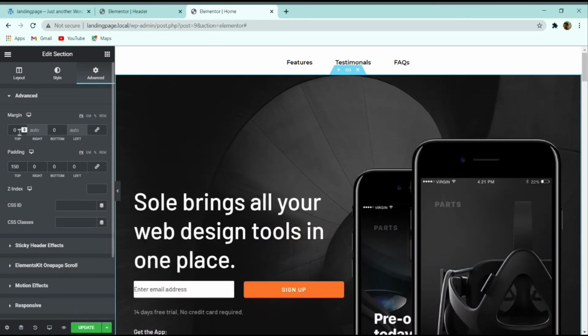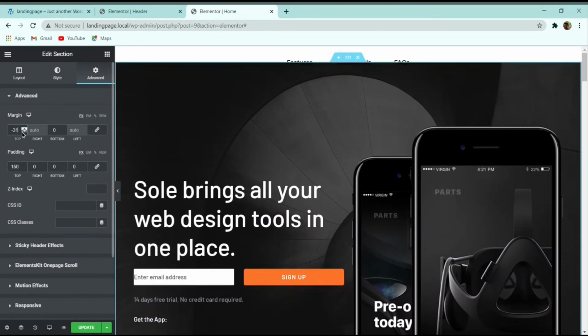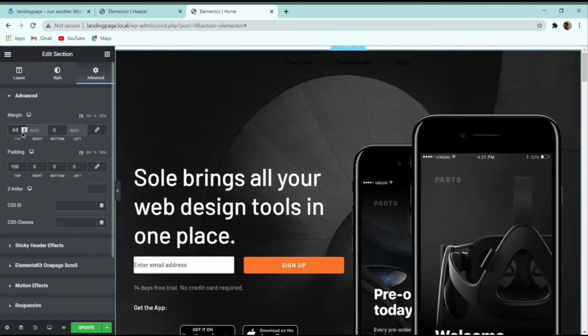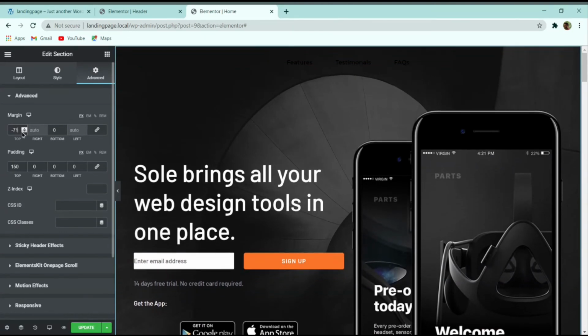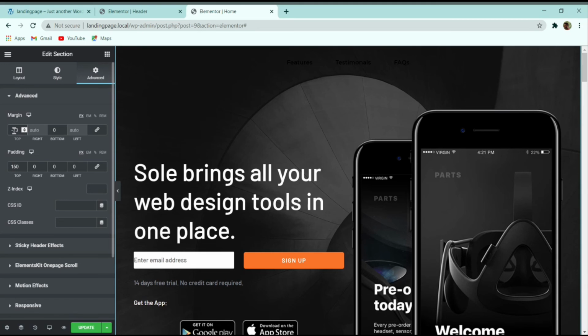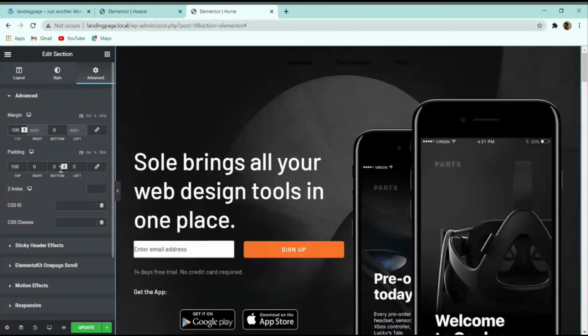And then I will give a minus margin of at least, let me give a minus margin of 100. Let me give a minus 100 pixel top margin, and then I will click on update.